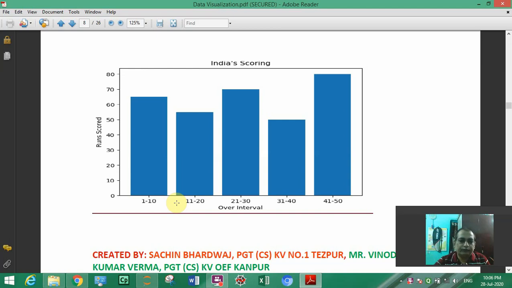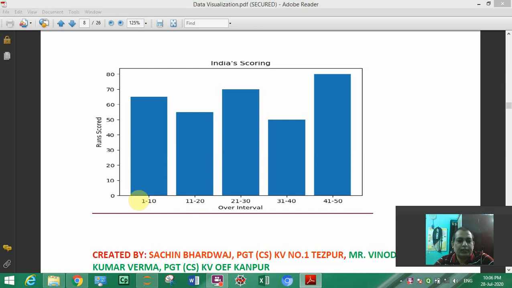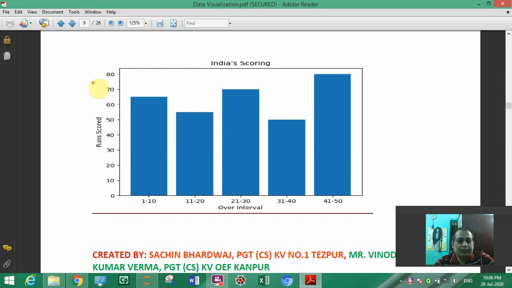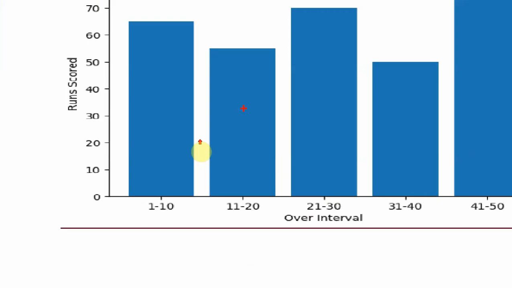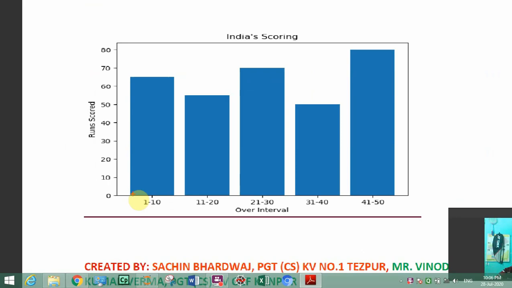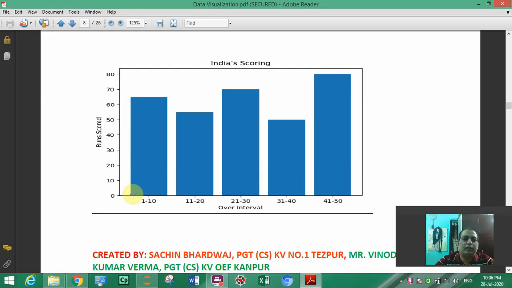So we will keep x axis as constant and y axis as variable. First we will learn how to create a simple bar graph.